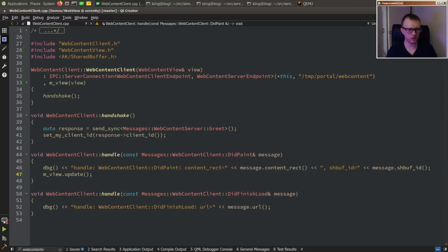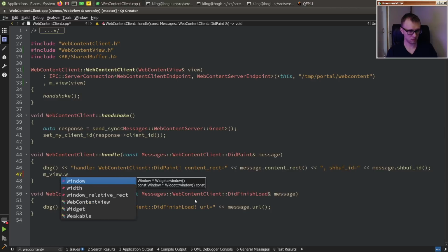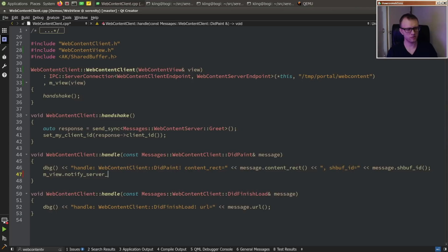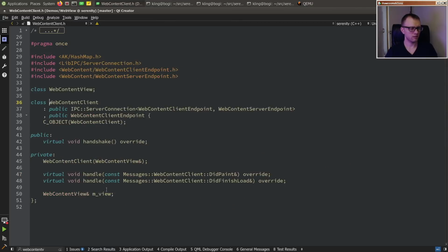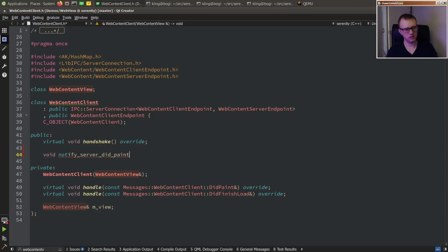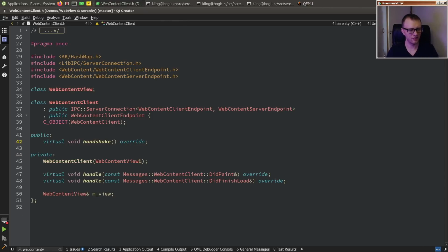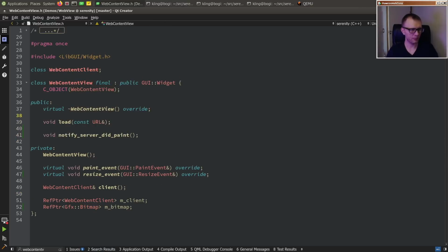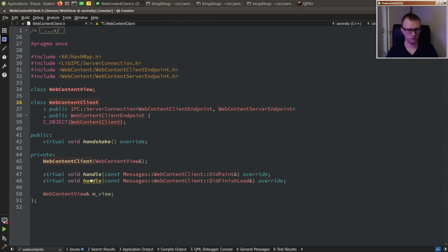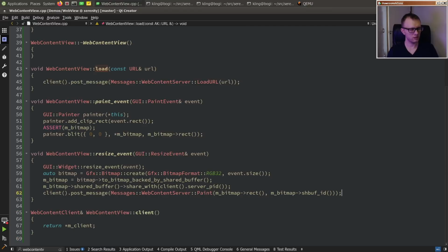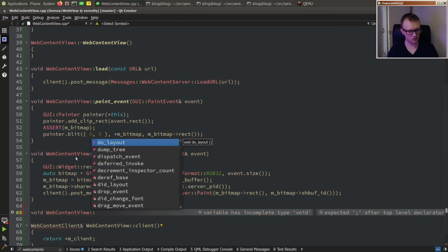We could actually be a little bit smarter here and say, like, in the web view, server did paint, or notify server did paint. Oh wait, this is the wrong class. Here. And we want this to only come from web content client. So let's pass a badge. And then in web content view, when we learn that the server did indeed paint, notify server did paint,